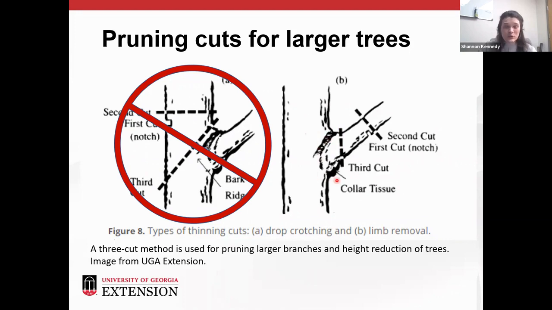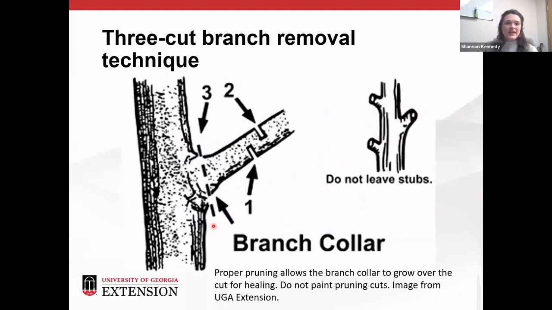Now, this collar is really important to the recovery, right? So it is full of these cells that are able to grow and cover over the nub or the open wound that's in the side of the tree. If you damage that collar, you end up having either uneven growth going over the wound, or you might not have the wound cover over at all. And that's a problem when you are thinking of the tree isolating the damage and avoiding any type